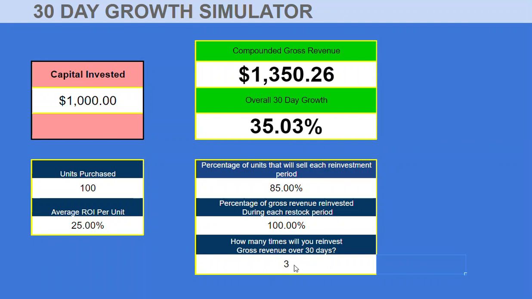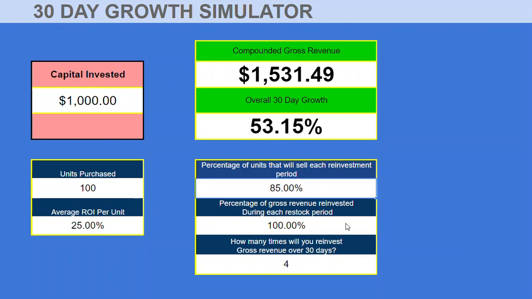So if you can squeeze that up to a fourth time, then things look even better still. Now you're over doubling what you're doing on your individual SKU or on your individual product basis by focusing here instead of over here. So this will be a good starting point for you. If you didn't want to go for daily payments and you want to go for weekly payments to start off with, you can reinvest your capital up to 4 times in that 30-day period.